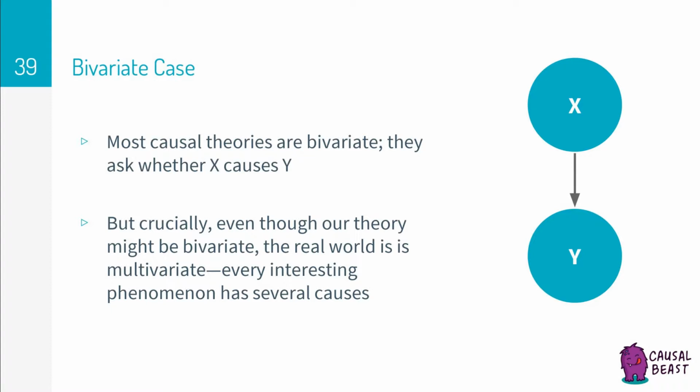So if we live in a multivariate world, where there are many causes for a single effect, and our discussions on causal inference have been bivariate, where there is one cause to one effect, i.e., variation in x causes variation in y, you may be wondering why we even bother discussing the bivariate case when the world is clearly not bivariate. And the answer is pretty simple. We are unable to figure out multiple causes of a single effect all at once.